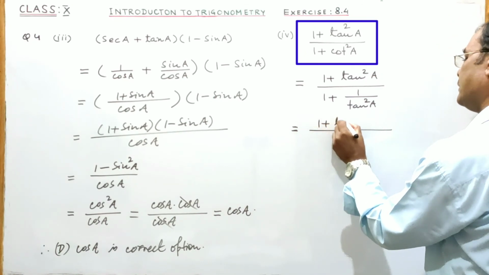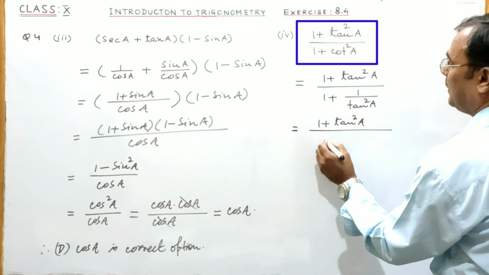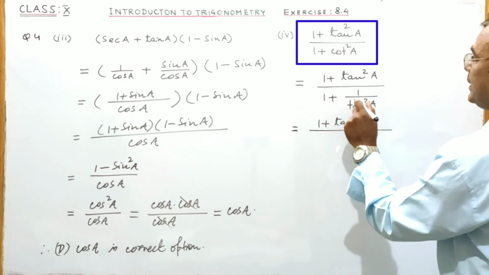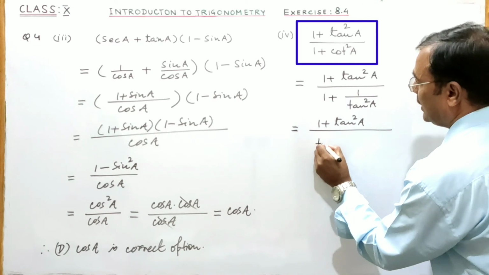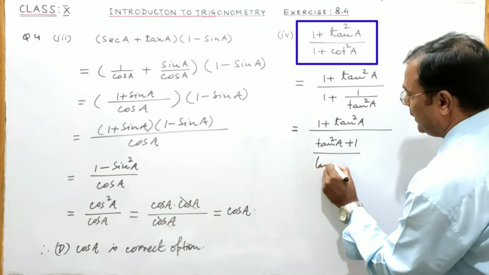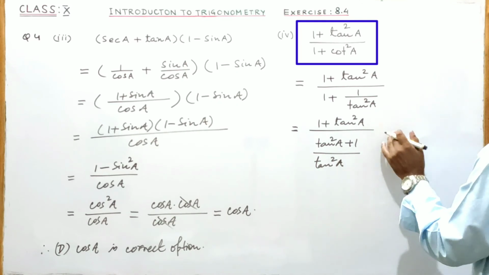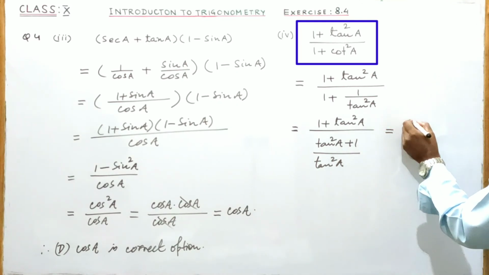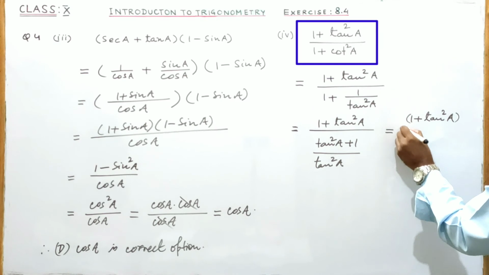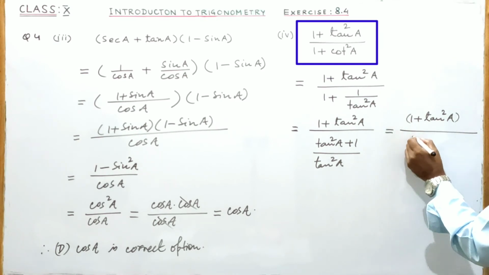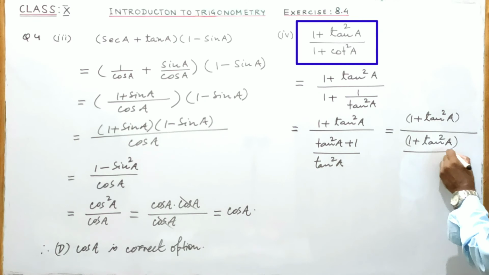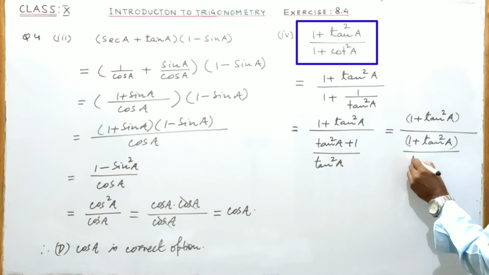1 plus tan square A by 1 plus 1 by tan square A, that is tan square A plus 1 upon tan square A. This is equal to 1 plus tan square A by 1 plus tan square A divided by tan square A,